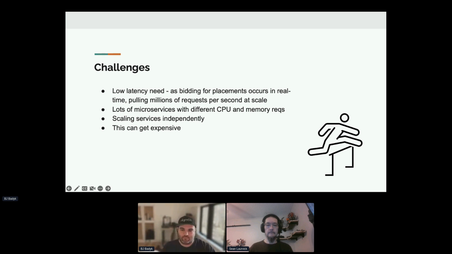Part of that is obviously operating on bare metal. If we do operate in the cloud, we need to account for any overhead, like hypervisors. All those microservices have CPU and memory requirements and different needs. That affects how many of a certain pod we may want to run on hardware. It also depends on the type of hardware certain microservices are running on. We need to make sure those pods are placed on the right type of hardware, and we need to scale those services independently. So Kubernetes is a great fit for that.